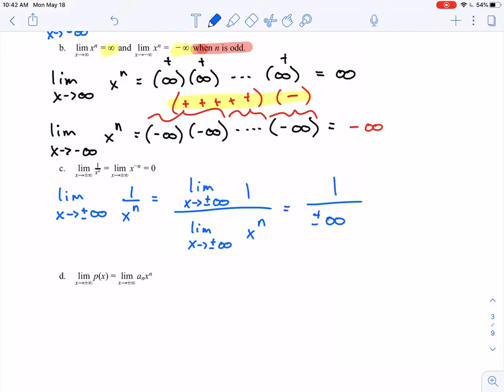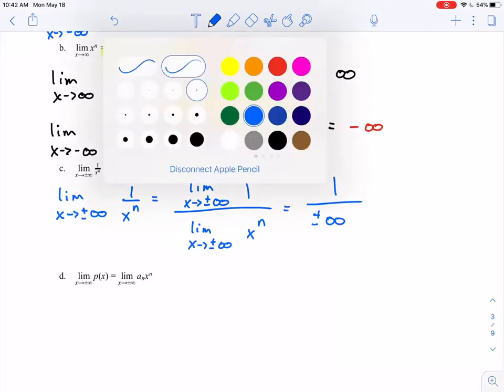And this is a really tricky thing to deal with if you're just looking at this. 1 divided by infinity, I don't really know what that means. And I've cautioned you before, I've said try not to do too much mental math with infinity because it doesn't play nicely here. But what we can do is, off to the side over here,